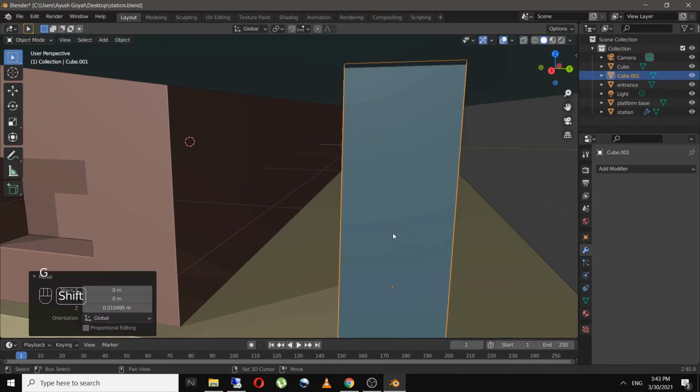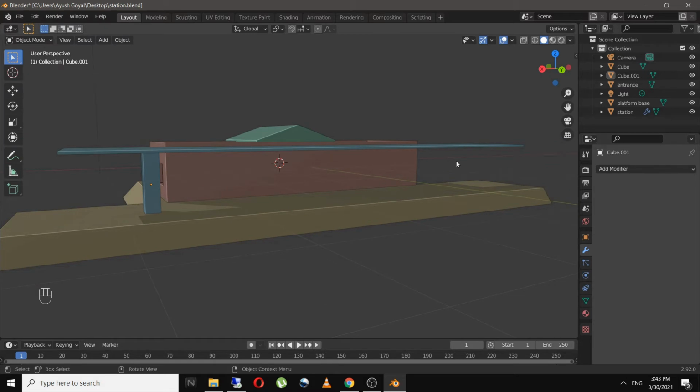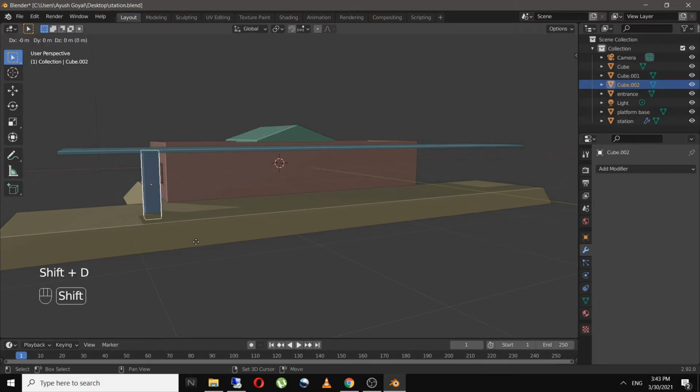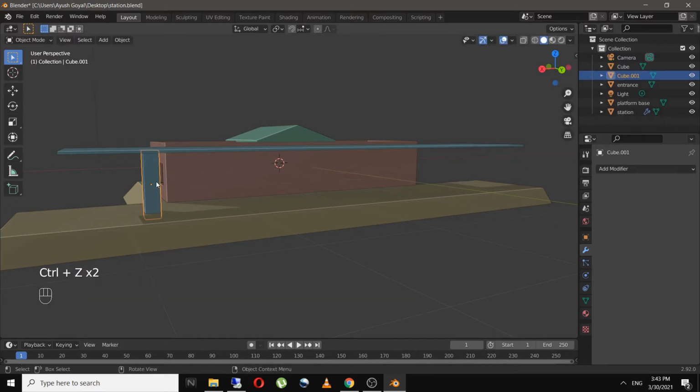And now I want the same pillars over here and at the end. So we have two options, either to duplicate it by clicking on Shift D and X, so it will duplicate that on x-axis, or else we can add in an array modifier. So go to modifier and click on array.